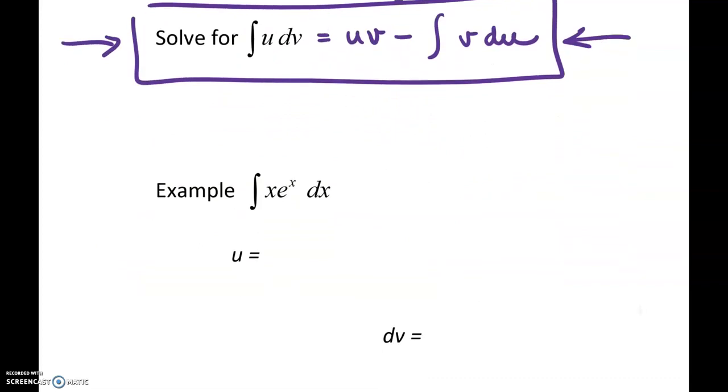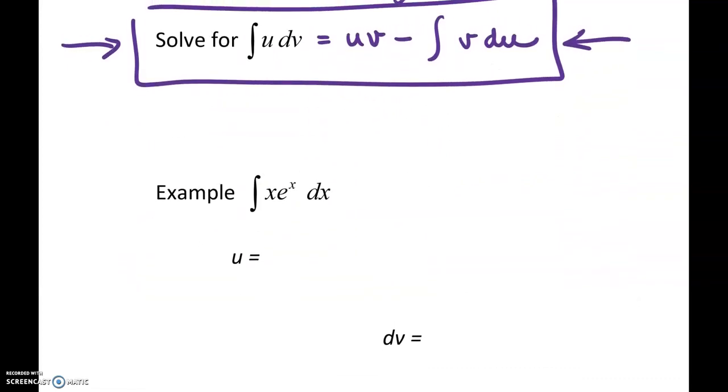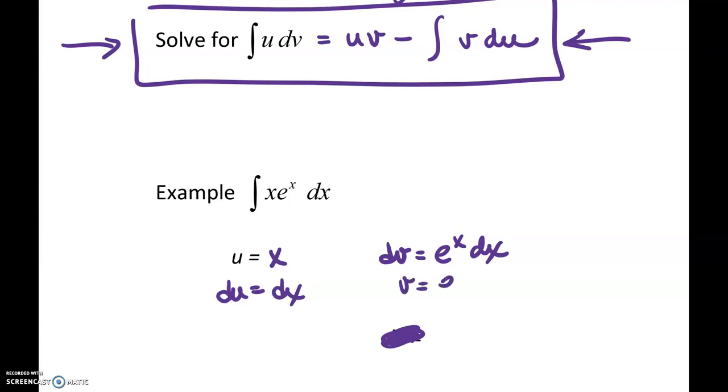So let's come down here and do x e to the x, since I did it up there already for you. And I'm going to move my dv up here alongside my u. I'll explain better what's u and what's dv, but for the most part, u is going to be x and dv is e to the x dx. So to get our du, we differentiate and we get dx. And to get our v, we take the antiderivative, and that would be e to the x. And so by our formula up here,